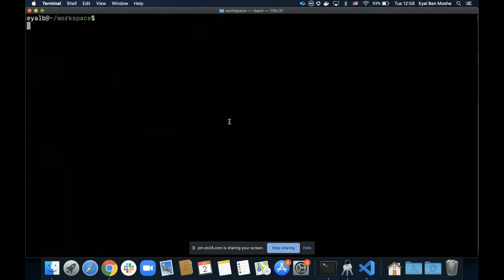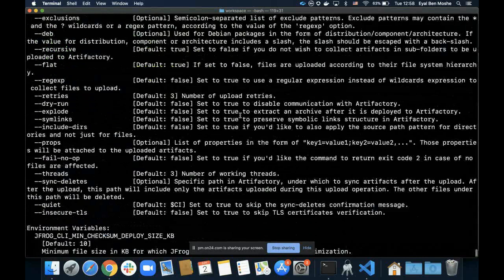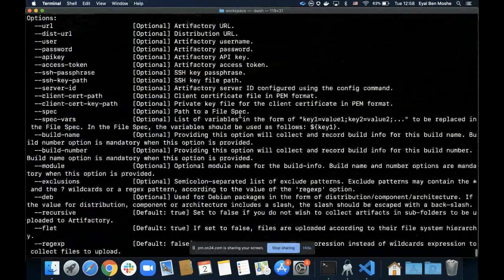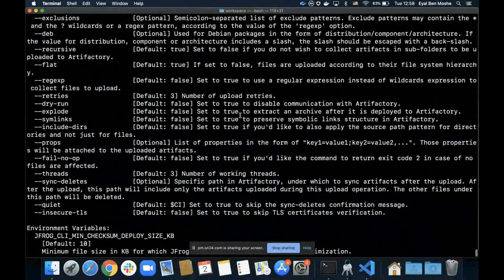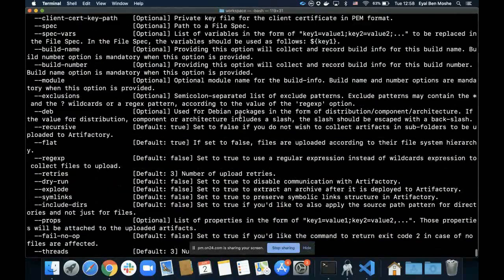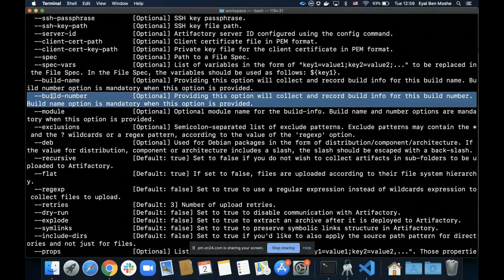Let's look at the upload command, for example. There you go, the build name and the build number. Similarly, a lot of the commands expect the build name and the build number, including commands which integrate with the popular package managers, and then this build info can be